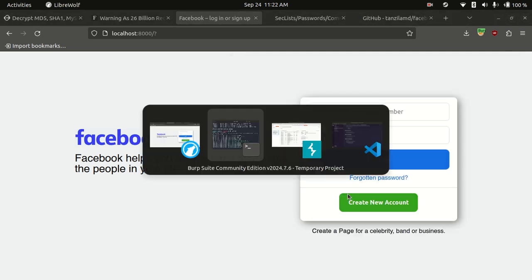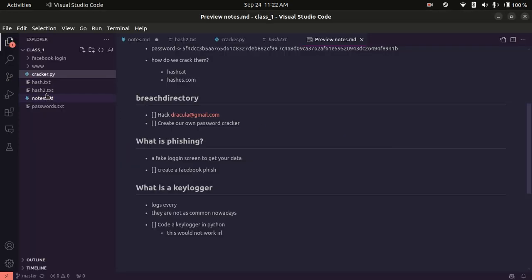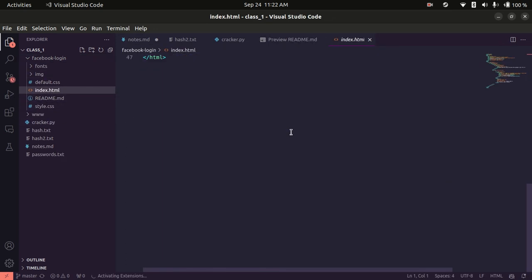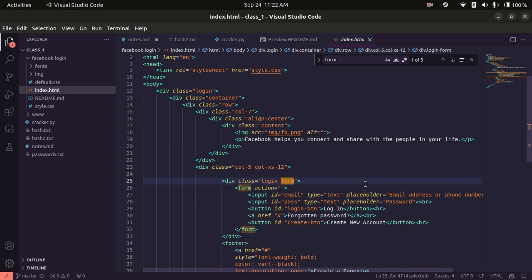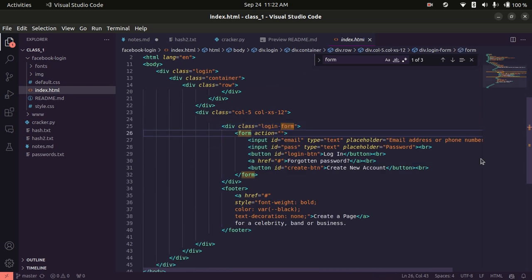So how do we do that? Well, first we open the folder that we have, and index.html is the file. Now we want to go to the form that we were typing into. So we type form, and in action we are going to put logger.php, and method we're going to put